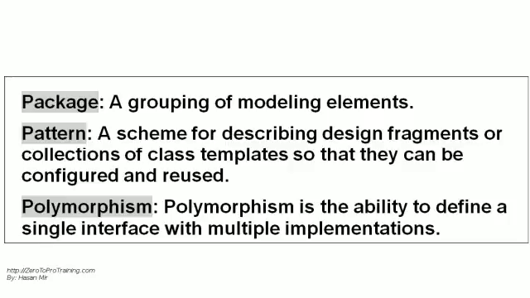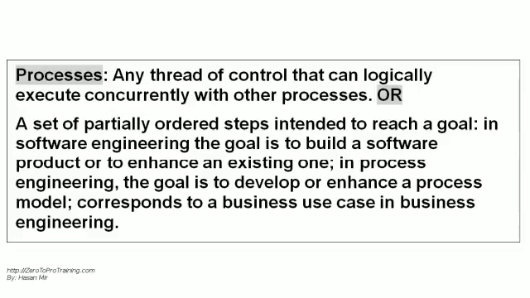Polymorphism, the ability to define a single interface with multiple implementations. Next, processes, any thread of control that can logically execute concurrently with other processes, or a set of partially ordered steps intended to reach a goal. In software engineering, the goal is to build a software product or to enhance an existing one. In process engineering, the goal is to develop or enhance a process model, corresponds to a business use case in